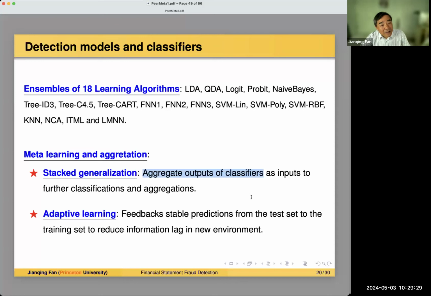So you really aggregate 18 classifier results to get the result. And then adaptive learning is really feedback during the learning process. You feed back the mistakes in testing to learning, and this will allow you to improve the